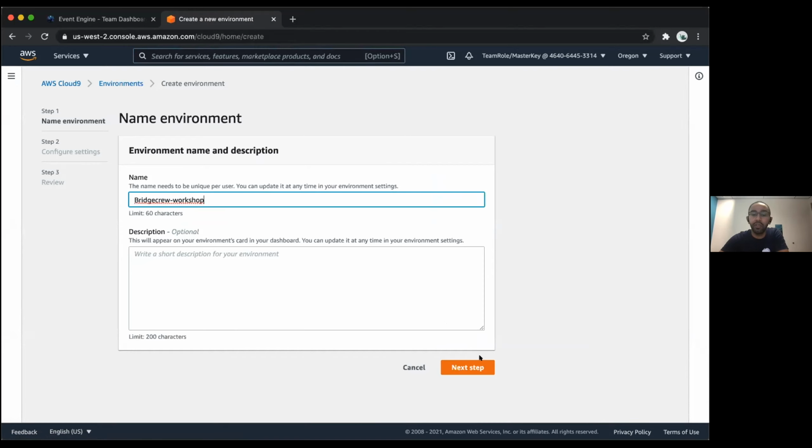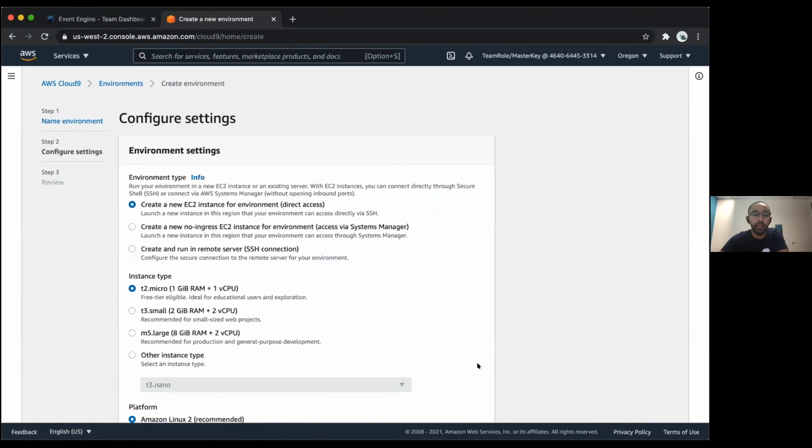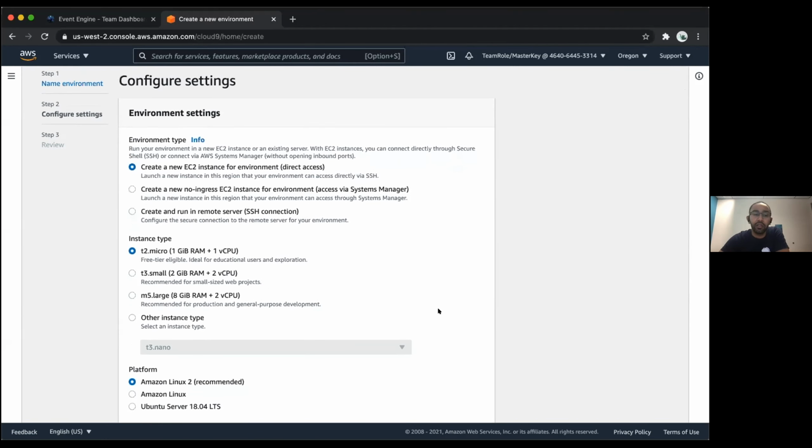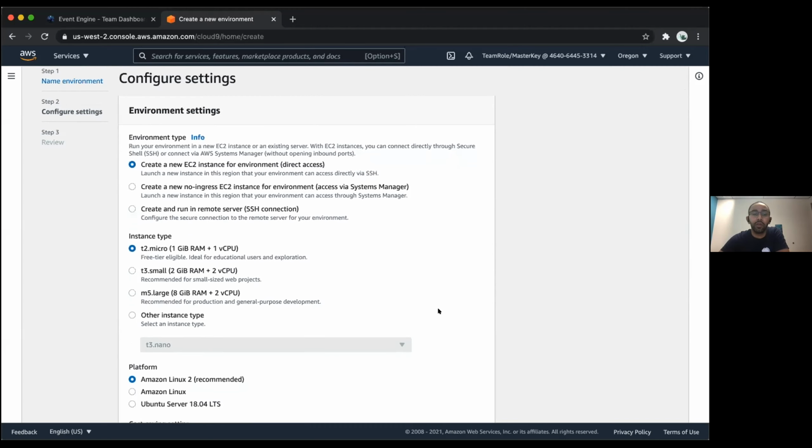And you can leave the description blank. And then for our configuration settings, we have a couple of options. So with environment settings, you have different environment types depending on your needs. The default selection here is to create a new EC2 instance for your environment. So this is basically managed,